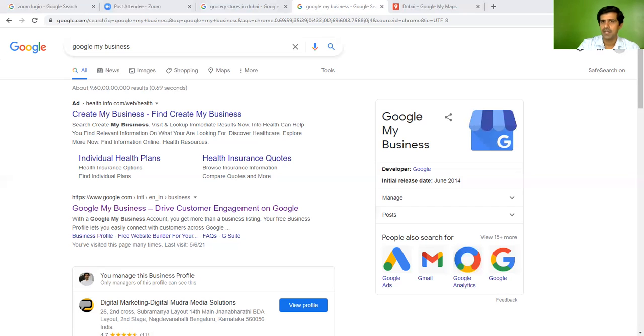It is showing that set up the food ordering buttons. Like we can set up these things online, so that when people want to order, it will appear there. This is a new option Google is coming up with. We have to enable these things. Let's say the customer orders directly from Google. This we can activate there.